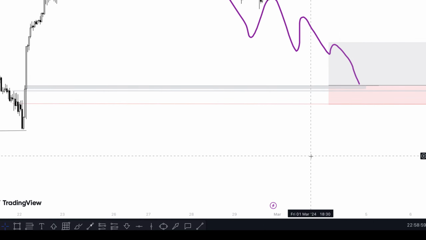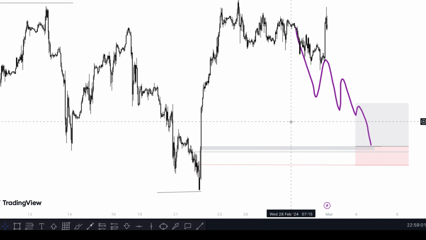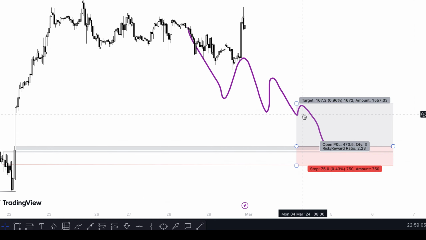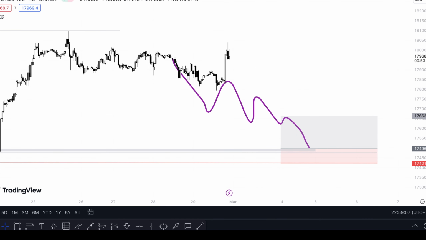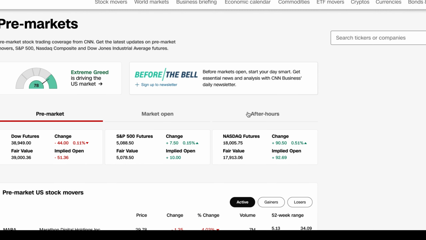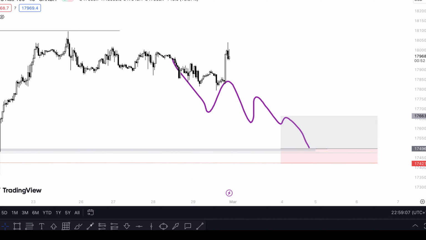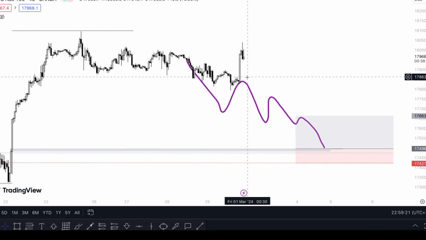And the fun part is, guess what we get to do? I'm going to show you something cool. So right now, people are buying NAS 100 because NAS is up, right? So if we go in the pre-markets and we look at NAS, this is how I trade NAS too. NASDAQ is green. Everything's all green. So people are buying NAS, right? So because people are buying NAS right now,